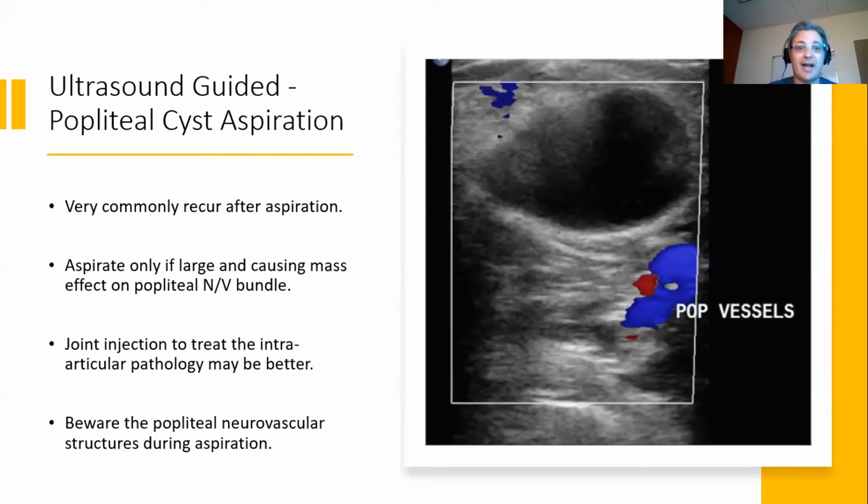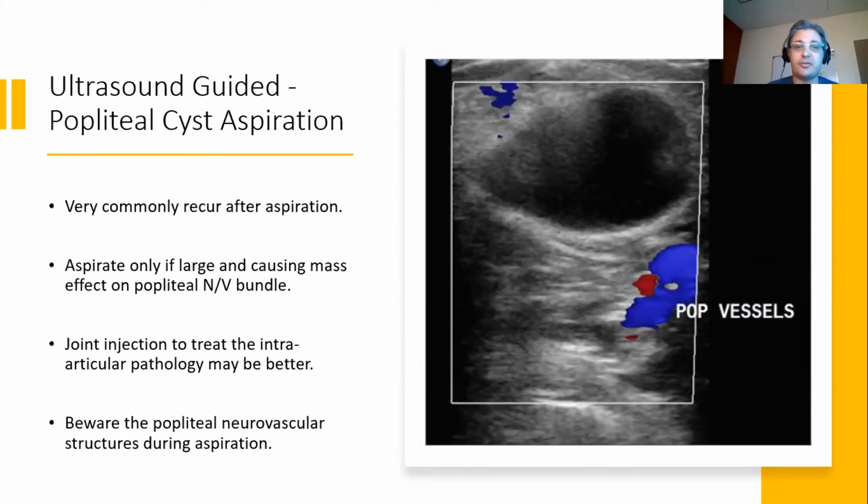You can consider aspirating it if it's very large and the patient's knee pain is predominantly posterior in the region of the cyst, if perhaps it's causing mass effect on the popliteal vein, which might predispose to DVT formation. Consider a joint injection instead to treat the primary knee pathology that might limit popliteal cyst formation in the first place. And of course, during your sonographic intervention, we want to be cognizant of the anatomic location of the